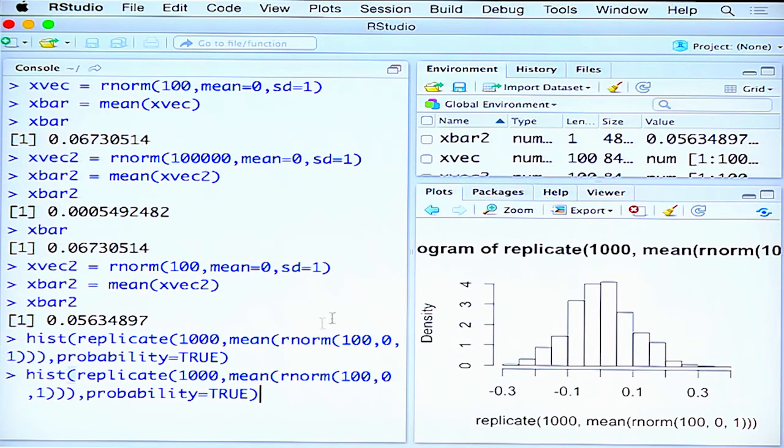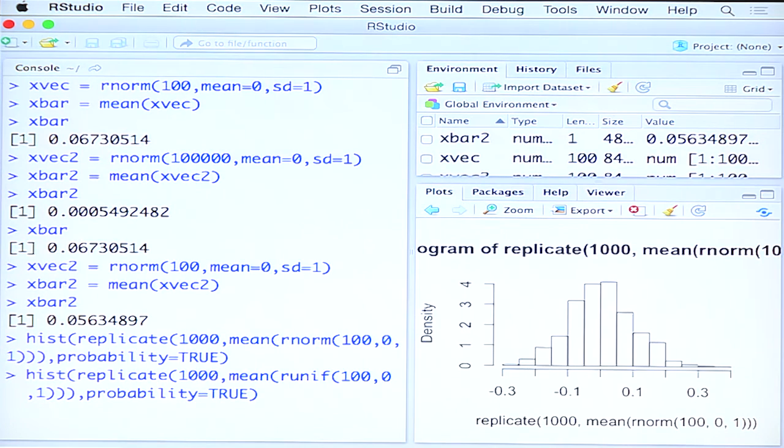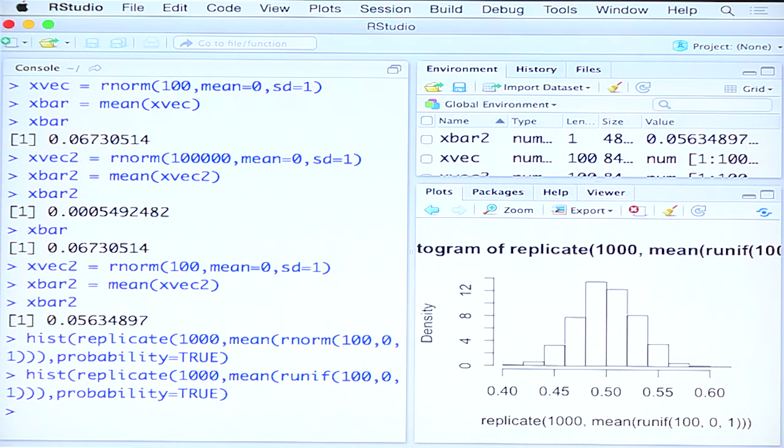All you have to do is go and change here the f of x, that is the population distribution, to, let us say, a uniform distribution. So, the point I am trying to make here is whether the observations fall out of a Gaussian distribution or some non-Gaussian distribution such as a uniform one, x bar will still follow a Gaussian distribution. You can see things have not changed, right.